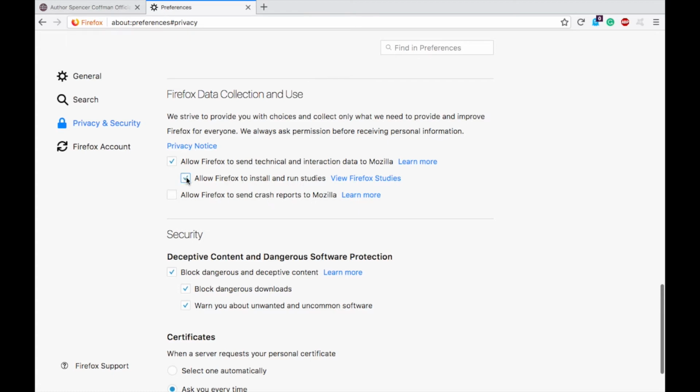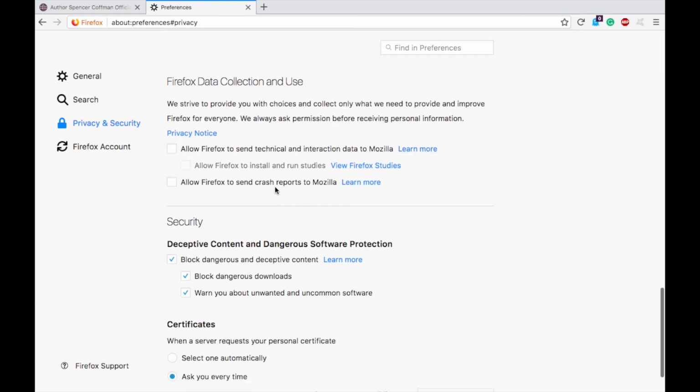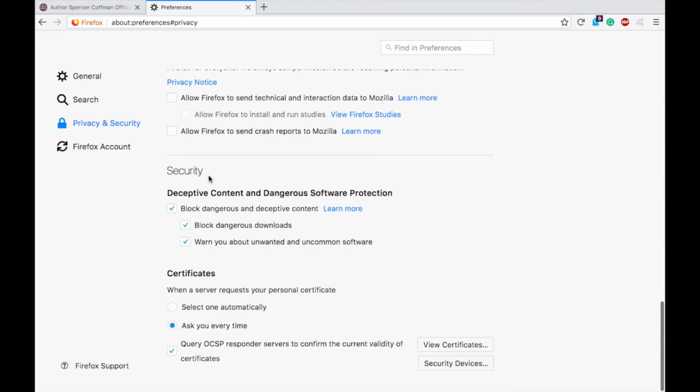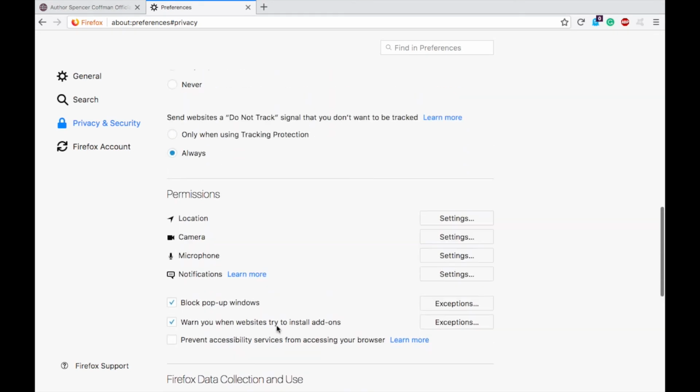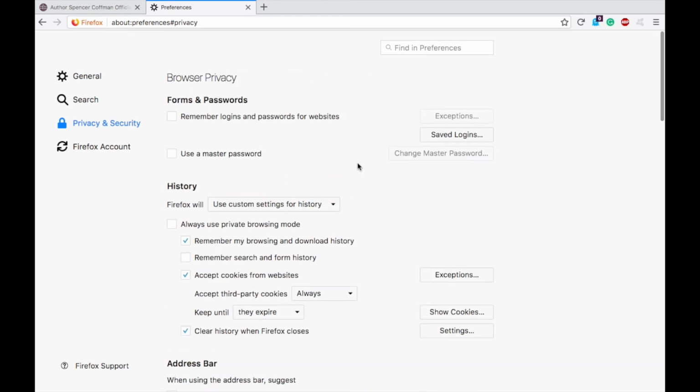I would say that if you really want to be anonymous, you can uncheck these as well. You don't need them to install and run any studies, and you don't need them to send any technical data and interaction. As far as security, I'd say block everything and warn everything. And certificates, you want it to ask you every single time because you want to know if something is going on. So this is the best way to make sure that all of your data is secure whenever you close